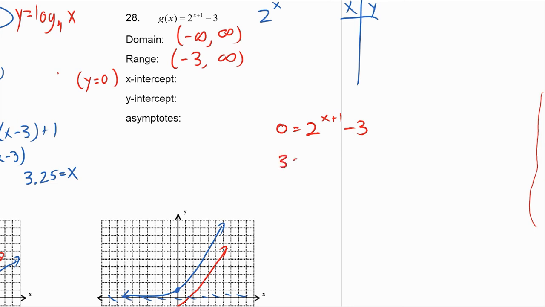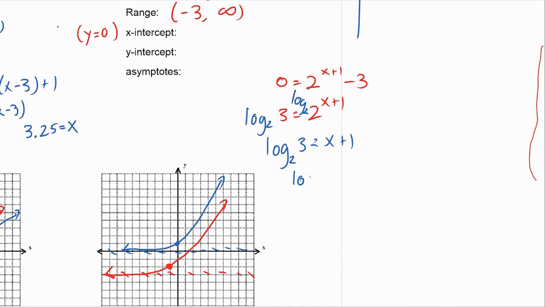Bring the 3 over, so I get 3 is equal to 2 to the x plus 1. Now, to get the x plus 1 down, get away from the 2, we do log base 2 to both sides. So log base 2 of 3 is going to be equal to x plus 1. And then subtract 1 on both sides, so we get log base 2 of 3 minus 1 is equal to